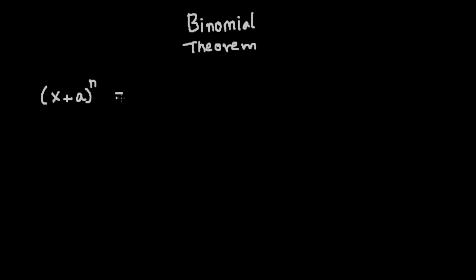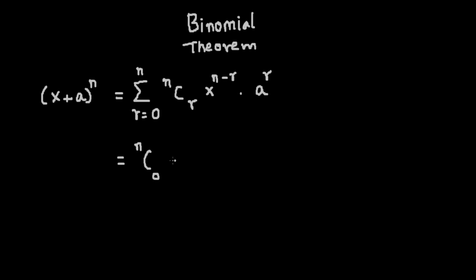Then the binomial theorem states that this can be expanded as summation r goes from 0 to n, nCr x raised to the power n minus r times a raised to the power r. If we open up the summation, this is how it's going to look: nC0 x raised to the power n a raised to the power